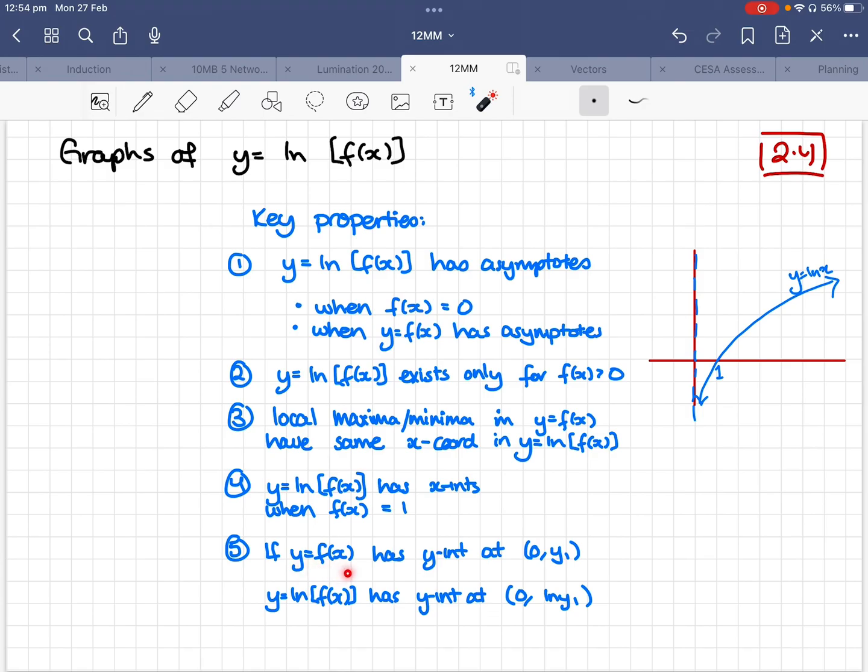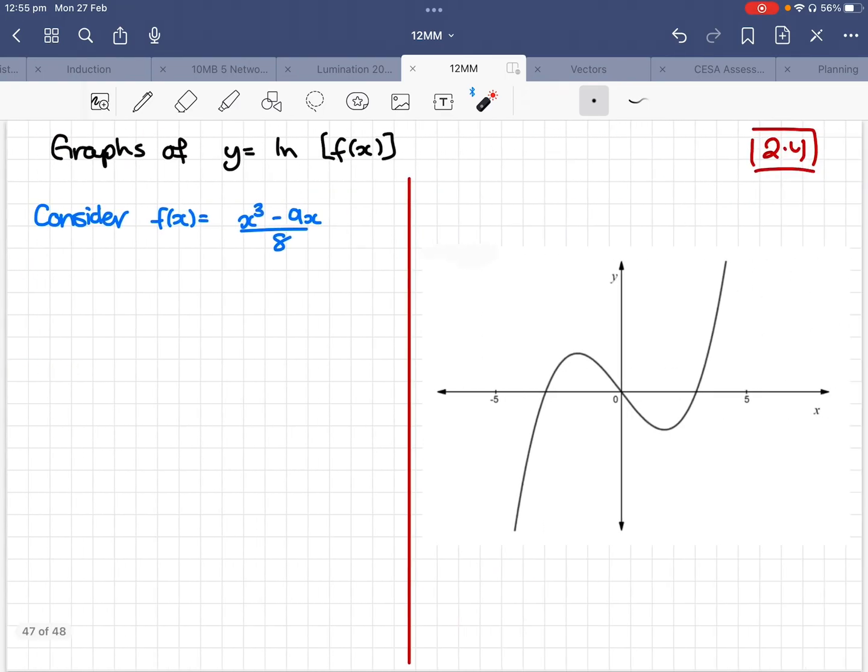Finally, if our function has a y-intercept that's non-zero, and that's at a point y1, then ln of f of x will have a y-intercept at ln of y1. This is going to make a lot more sense when we look at an example like this. So what we can do, and you can see this in the handout, is make some statements about f of x and make corresponding statements about ln of f of x. So if we were to do that,